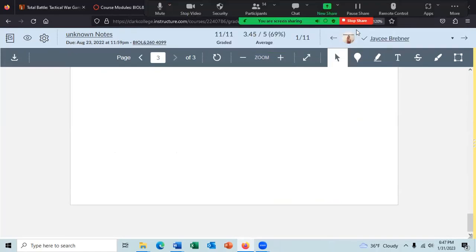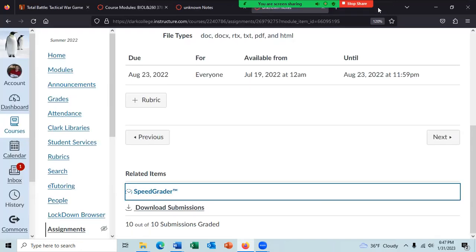All right, let me close this. I just wanted to clarify, are we going to be submitting a Word document every single time we have the conversation, or is there going to be like a comment section? I'm still a little confused. Once you start working with the unknown notes page, I think it'll be obvious.